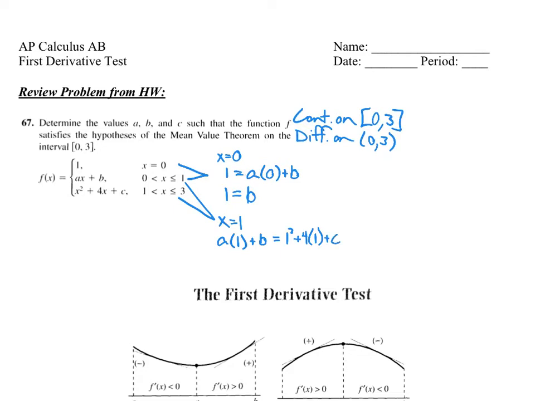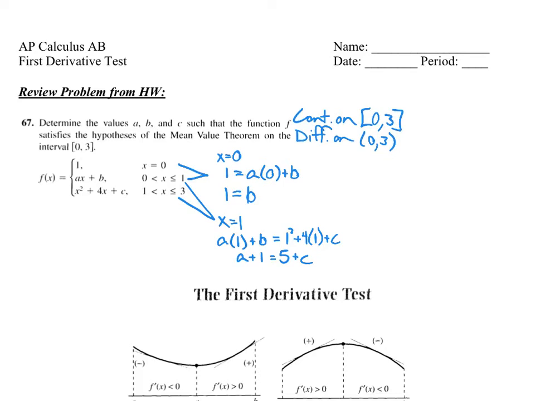Isn't the b going to be 1? Okay, well yeah, now we already know b is 1, so I know a plus 1 has to equal 1 plus 4, so 5 plus c. Okay, so I'm still a little bit stuck here because I don't know what a or c are. Okay, that's the other part here. So this will make it continuous,